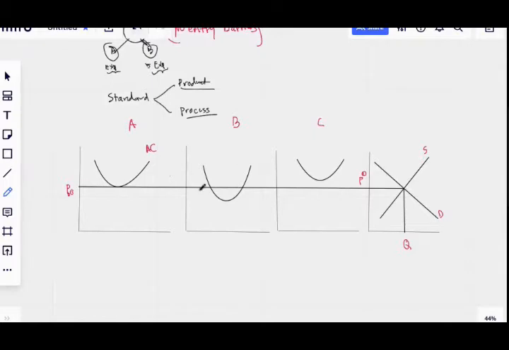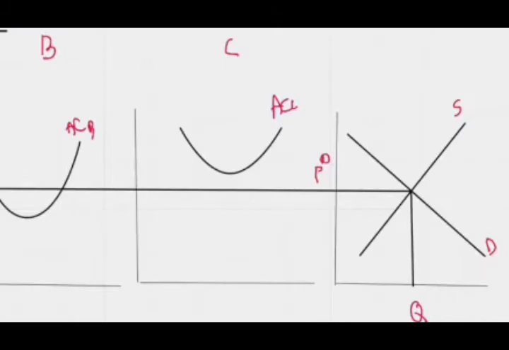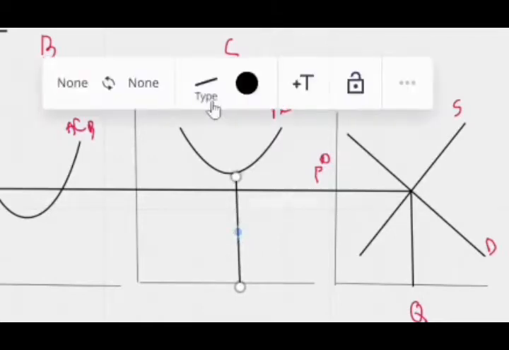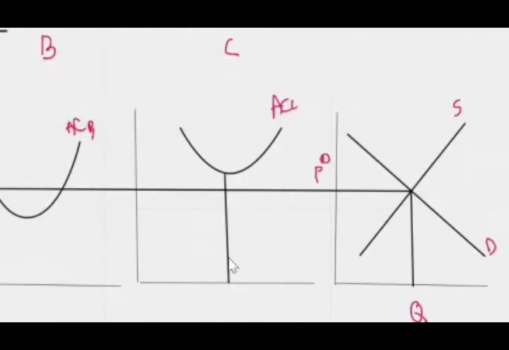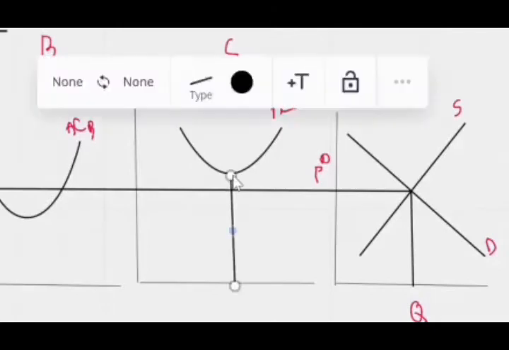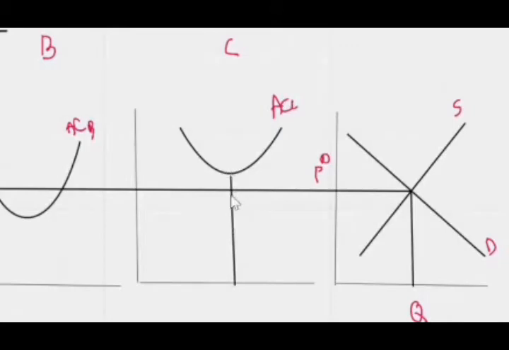So these 3 producers have 3 different costs of production. And this is the average cost of producer A. This is the average cost of producer B. And this is the average cost of producer C. So what is happening now? What do I see from this? I realize at this price, this fellow is in trouble, right? Whatever amount they produce, and I'm not worried about how much they're producing, this fellow is going to lose money. Why? Because average cost is higher than the price. So if your cost is higher than the price, you are going to lose money.